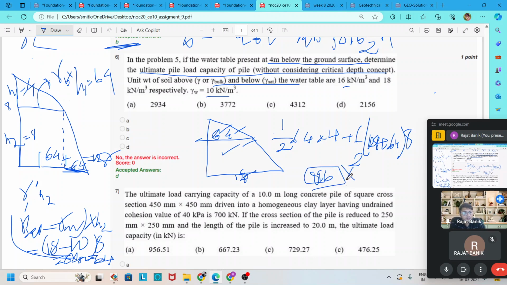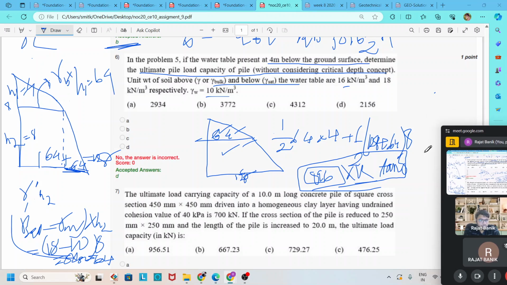After multiplying with K, we get the total horizontal force. Then if you multiply the total horizontal thrust by tan delta, we get the total horizontal thrust acting on the pile. Again multiply this with the periphery of the pile, which is pi d, and we get the total friction force load